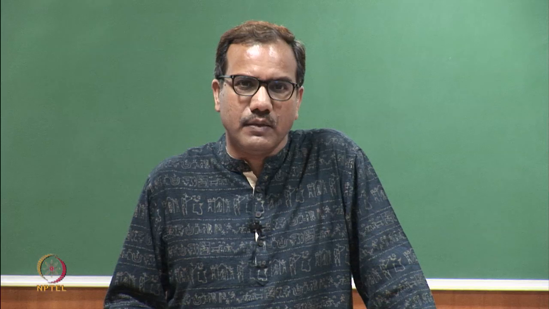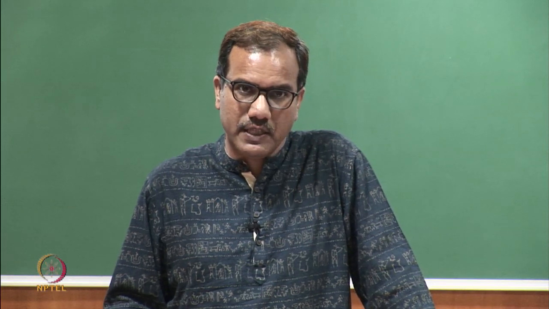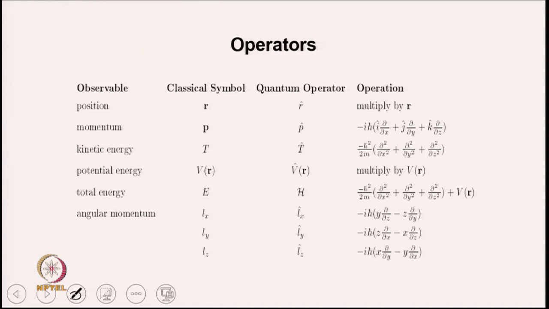In the last class, we discussed operators. There are two different operators, the kinetic energy operator and the potential energy operator. These two are used to calculate the energy of the different rotational levels. Just to summarize, the kinetic energy operator is this double differential, and the potential energy operator is simply multiplication by V(R). If you apply that on a rotational wave function, you can get the energy of different rotational